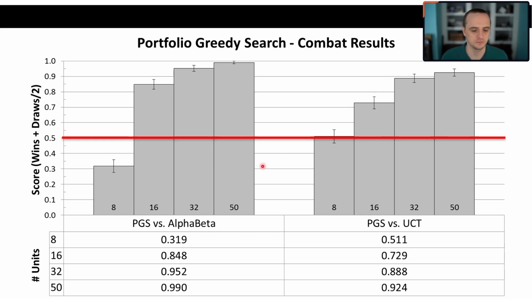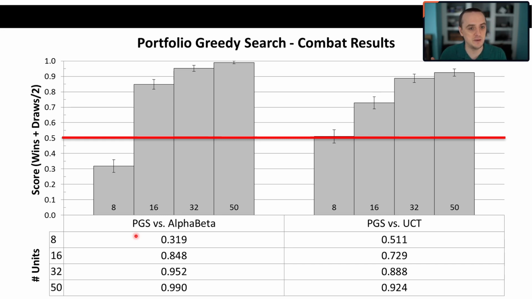And what we found was that it did way better than the search algorithm the bigger the combat size got. So, for example, if we ran portfolio greedy search against the Alpha-Beta Considering Durations algorithm on battles of size 8 versus 8, well, when you only have 8 units, that exponential branching factor isn't so bad, right? We can look over all the possible actions for 8 units, no problem. So alpha-beta, for small battle sizes, did better than portfolio greedy search. But as soon as you start getting into battles of size like 16, 32, 64, that kind of thing, portfolio greedy search blows it out of the water, right?